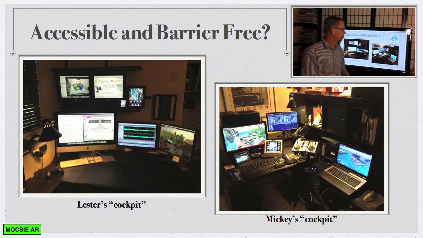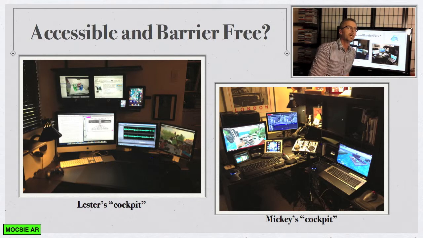The other thing which I want to talk about, I've touched on it here, is that nowadays you can get a $15 cell phone and participate as a social entrepreneur. And you don't have to have the kind of technology that my husband and I have. This is, I call it the cockpit. This is my husband's cockpit. He has this video and audio equipment because he does virtual DJ. He's a virtual DJ in Second Life. I do the tours, and I make the interactive galleries. And so my computers, we have 6 computers in our office, as well as iPads and iPhones. People don't need to have this.